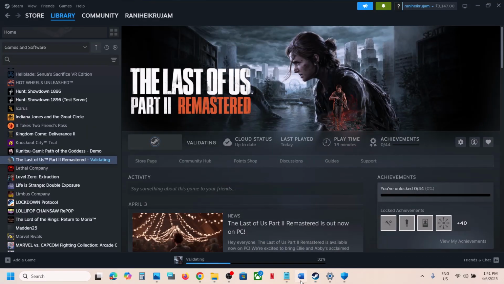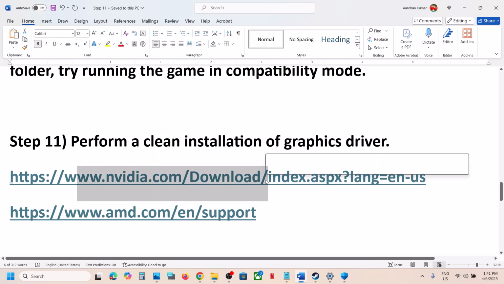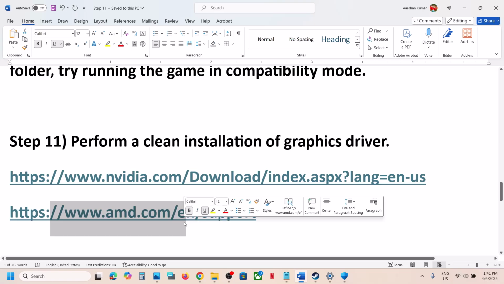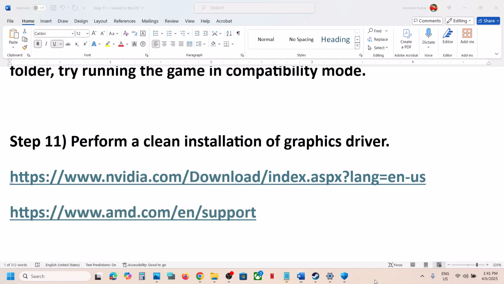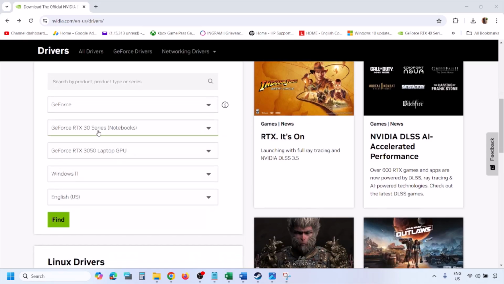Now the next step is to perform a clean installation of your graphics driver. This is important. So go to the NVIDIA website if you have an NVIDIA card. If you have an AMD card, go to the AMD website. I'm showing for NVIDIA. So to perform a clean installation, go to the NVIDIA website and then select your graphic card